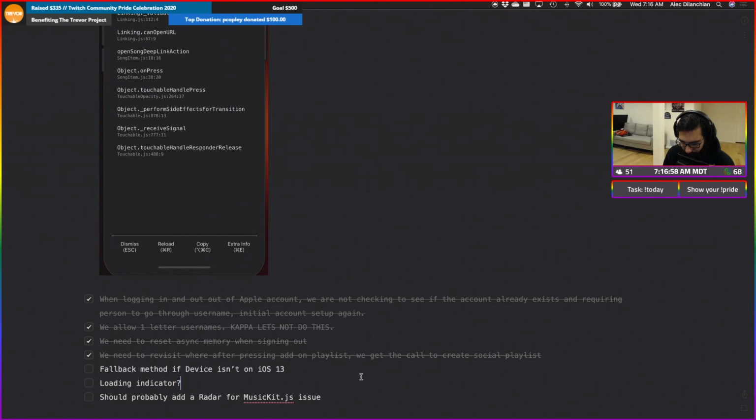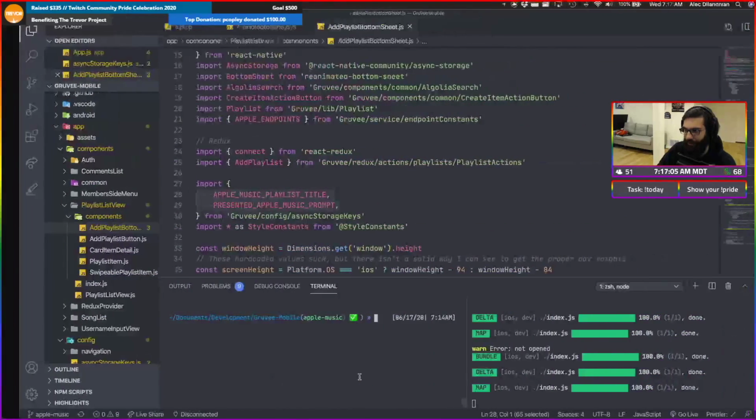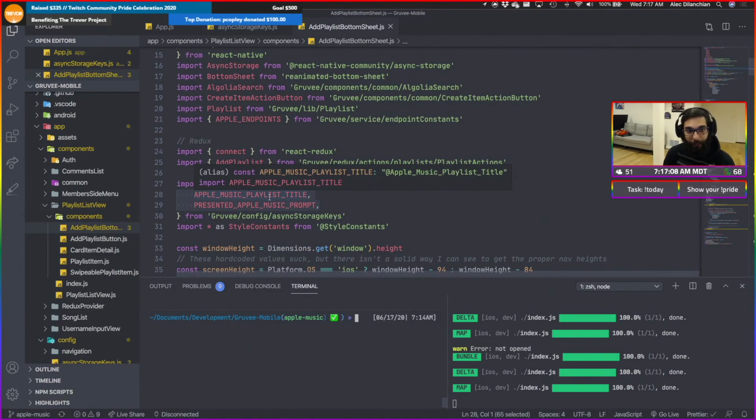Okay. So the next two, we have fallback method if device isn't on iOS 13. This one kind of frightens me a little bit because I am not really sure how we should handle this scenario. I've been thinking about it the past couple days, and the only thing I can really think of is adding a way for people to authenticate with an email and password, right?